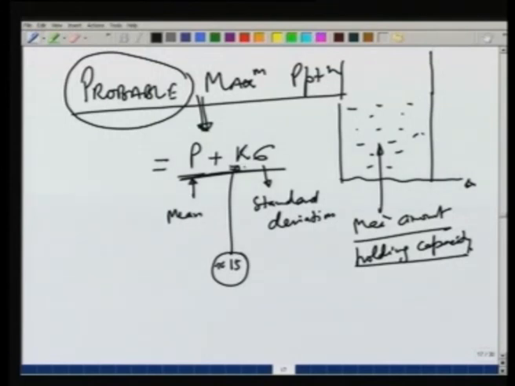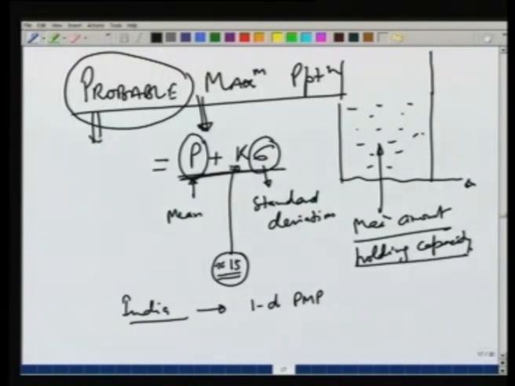The frequency distribution we have seen how to analyze, and from that we can get some idea about the mean and the standard deviation of those values. Taking a very high multiplying constant of about 15, we can obtain probable maximum precipitation. Some typical values for India: there are some empirical equations which are generally given, but 1 day PMP. So, this is probable maximum precipitation, generally written as PMP. 1 day PMP for India is generally taken to be about 40 to 100